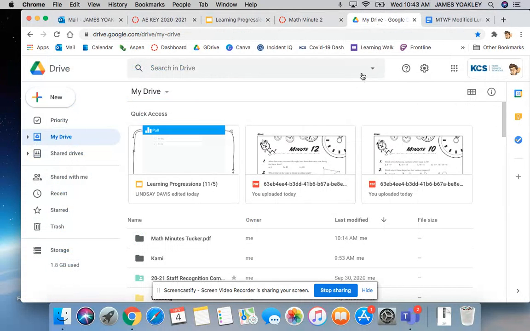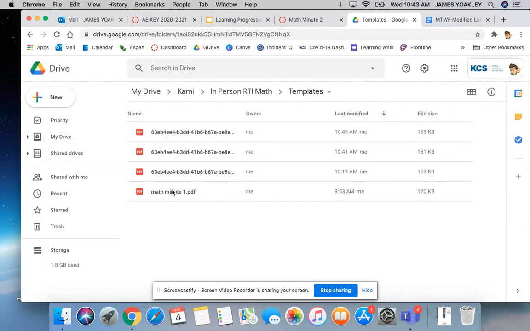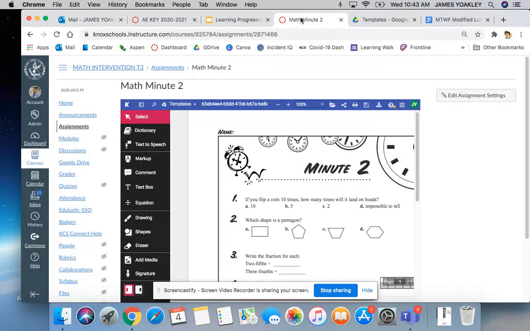When you authorize Kami to do this, it's also going to create a folder on your Google Drive where all the things that you have created will live as well. So you can see that it'll make a copy of them there for you. And that's it. The hardest part is going to be